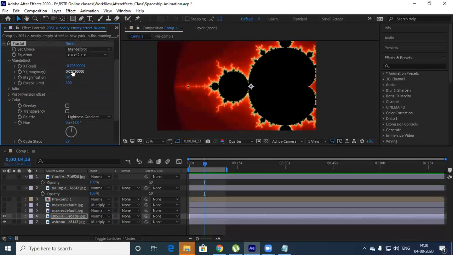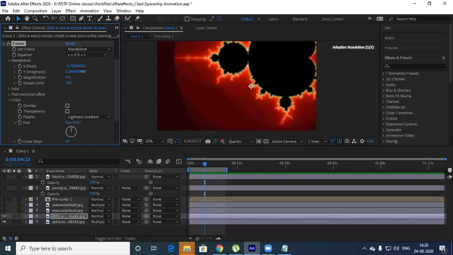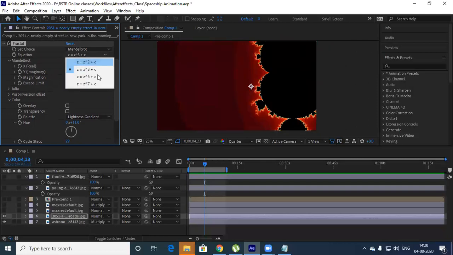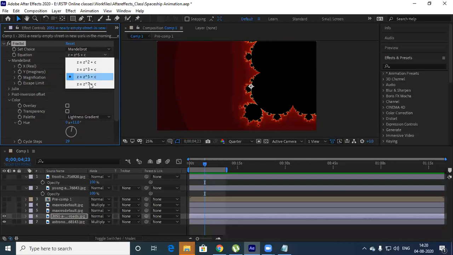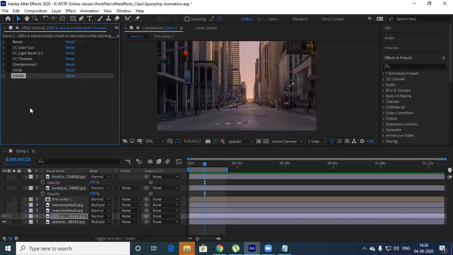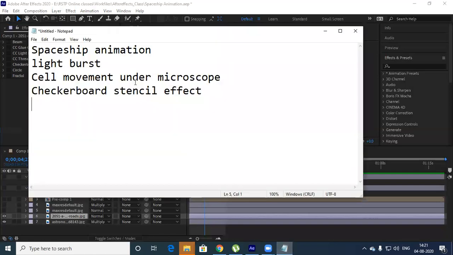So manually you can animate this. And here also you have multiple expressions. Based on the expressions, you get a different output. It's in fractal. Fractal is nothing but noise, so that kind of effect. So just try this. I think guys, for today it's more. I have covered a lot of effects. So just learn this, and I have given these examples.